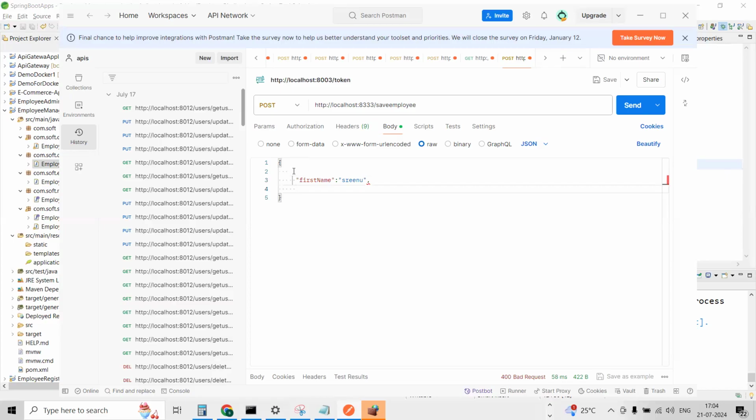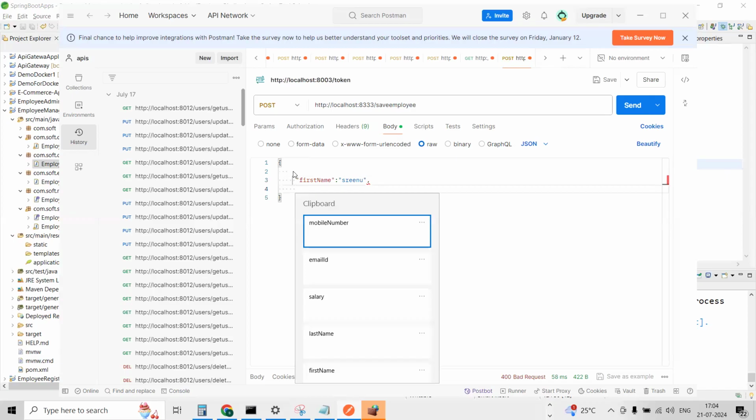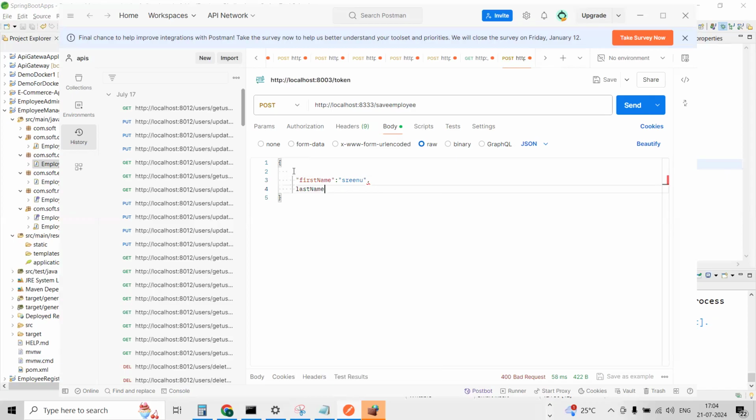And what is my next data, guys? Next data is the last name. Last name is my second data. So for that purpose, I'm going to give the last name as an enum. Right? The first letter I'm going to give as a capital letter, comma,